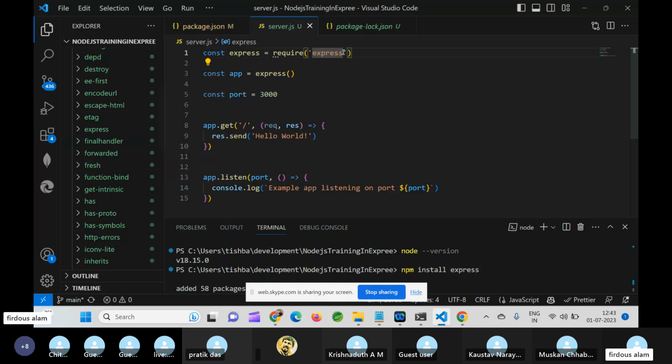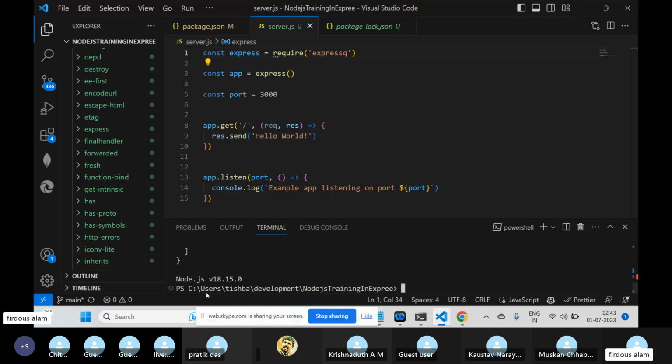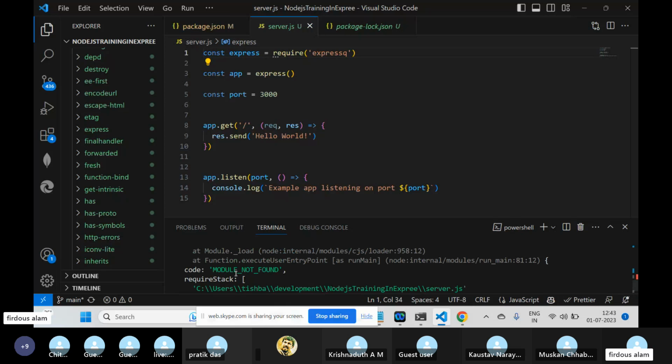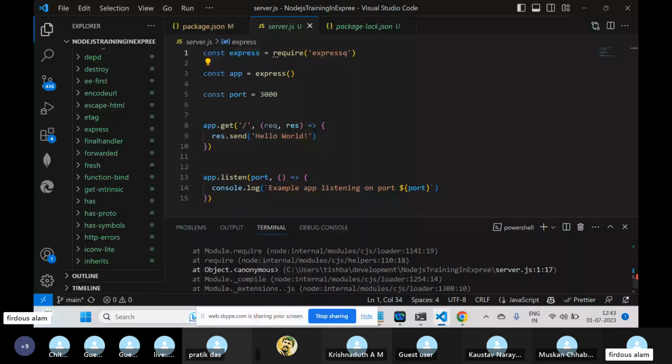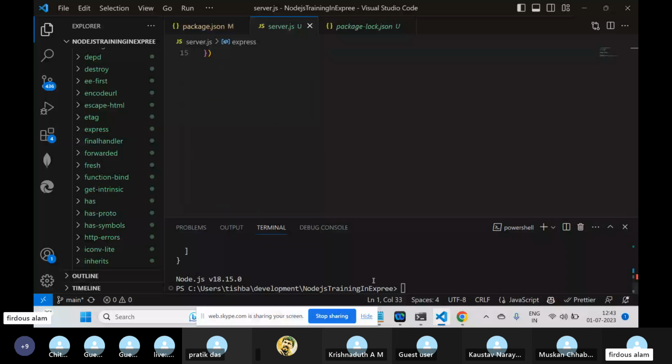If we make a spelling mistake and rerun, it says "module not found". That means either you haven't installed it or there is a misspelling.